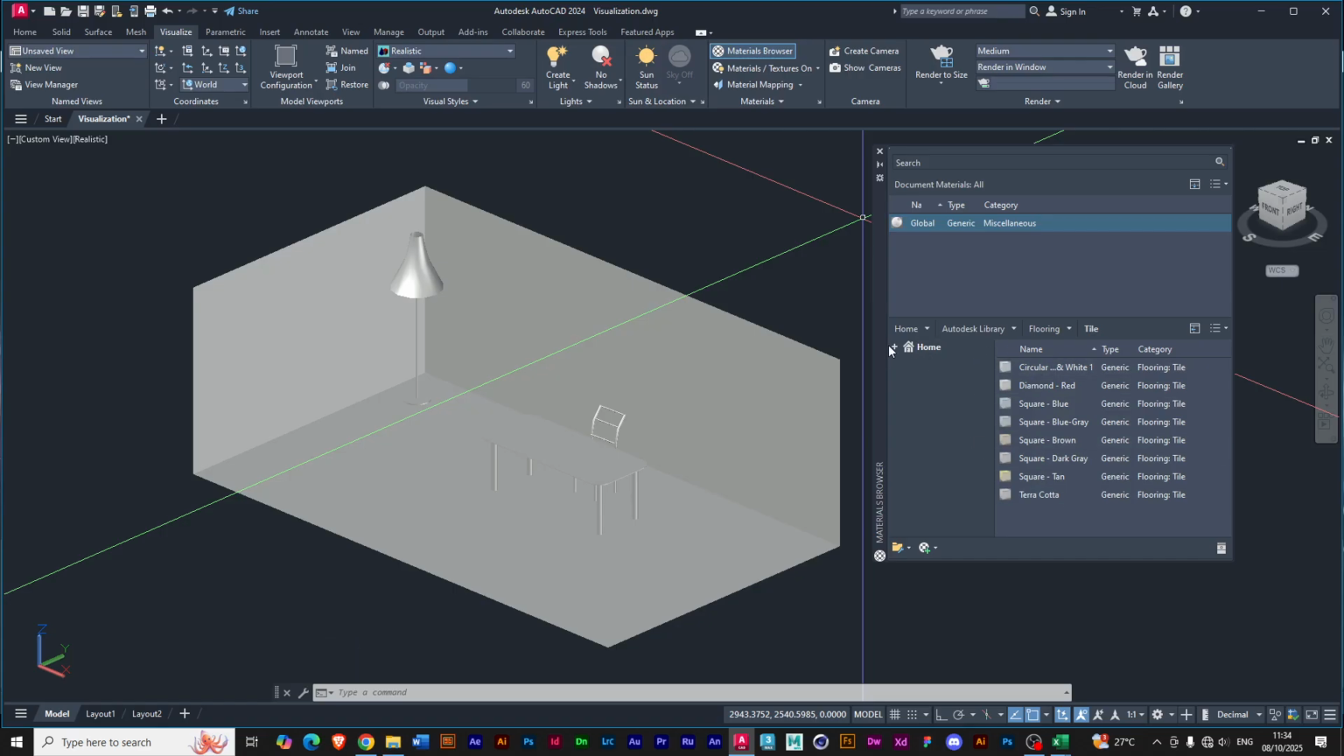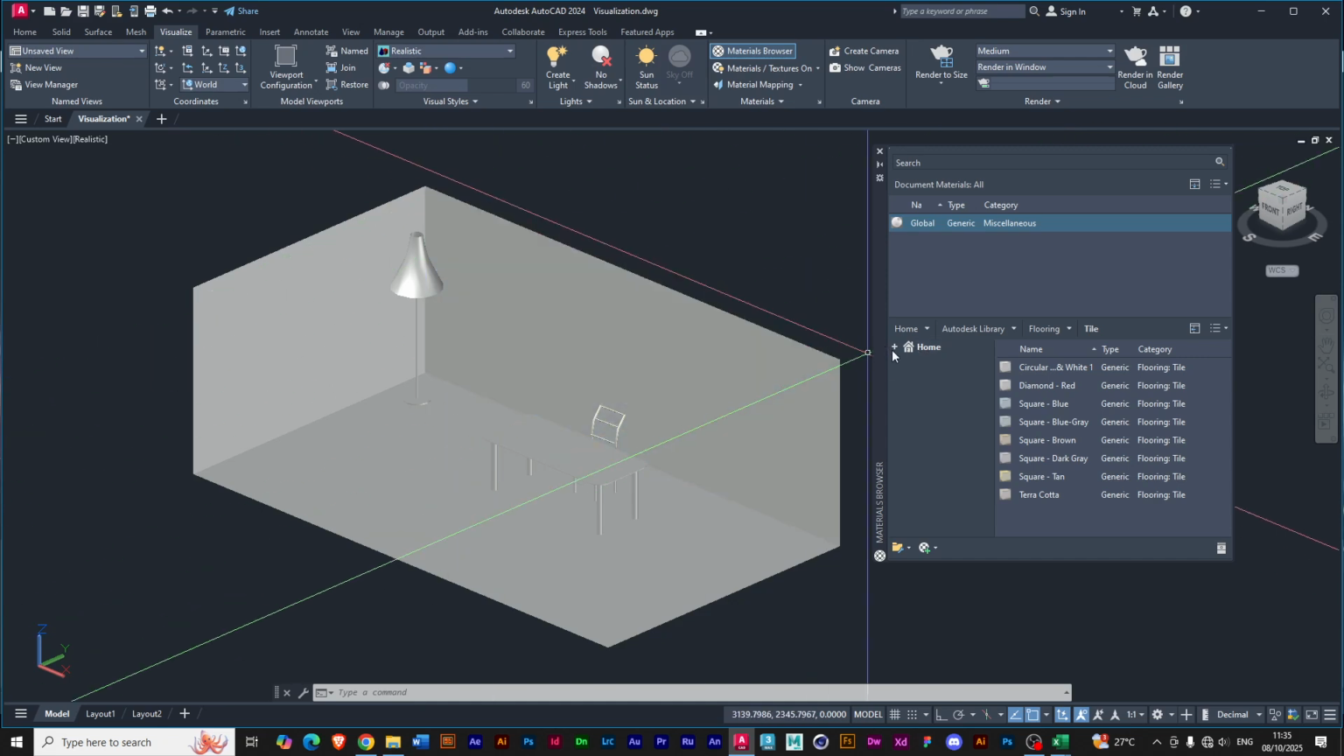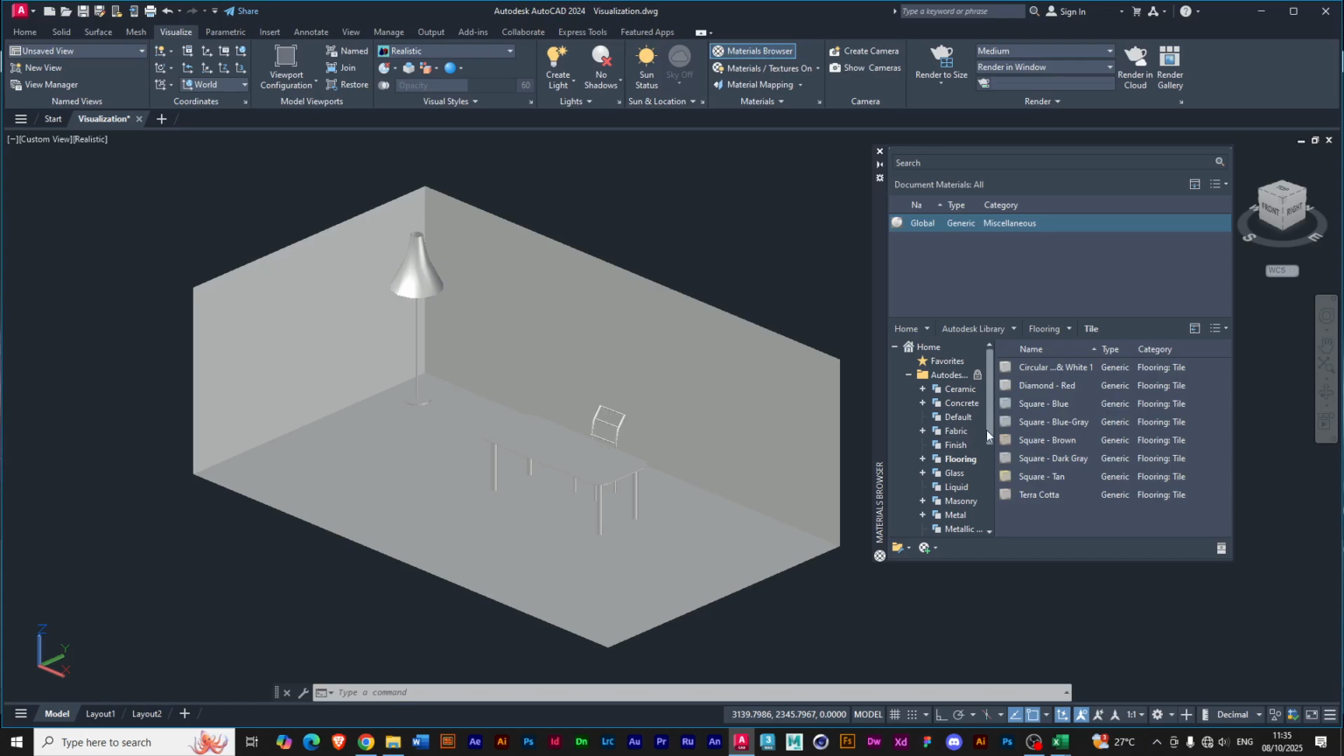You will need to click on whatever you have here, probably home or whatever it is on your system, based on the name of your own system. You can click on the cross and Autodesk, then you see all the materials that are inside the software. This software's material library, Autodesk library. So